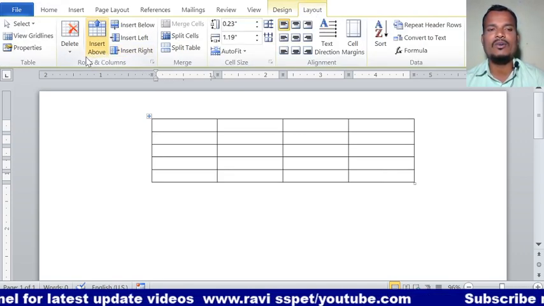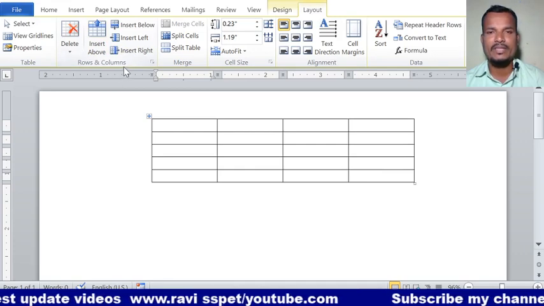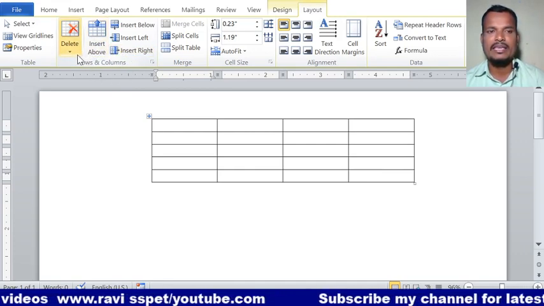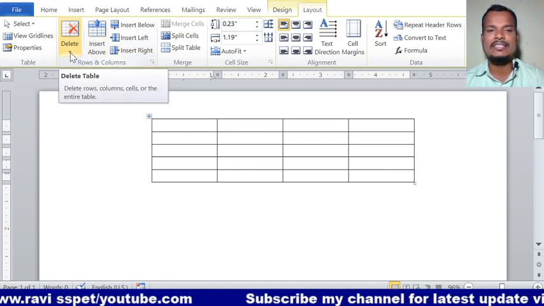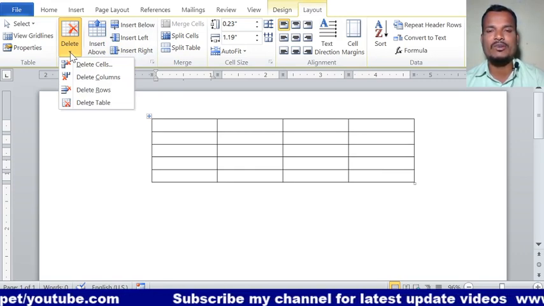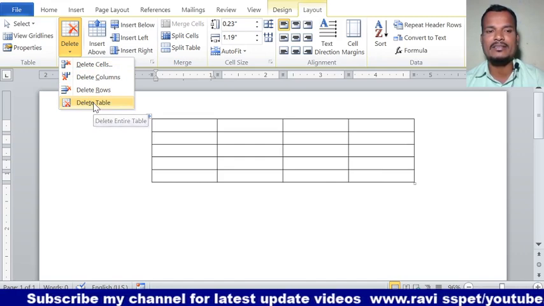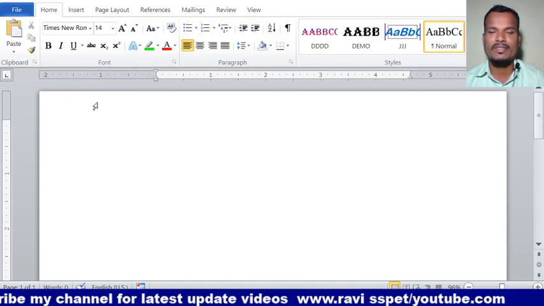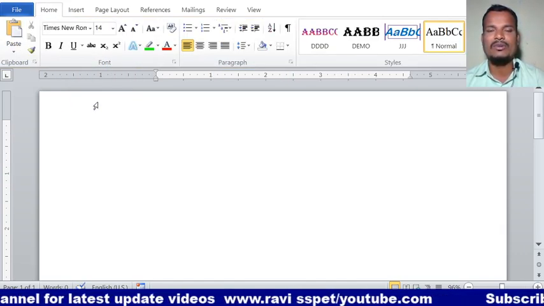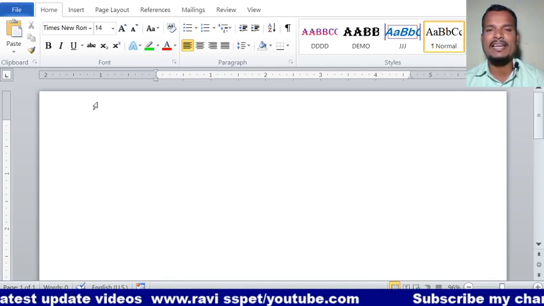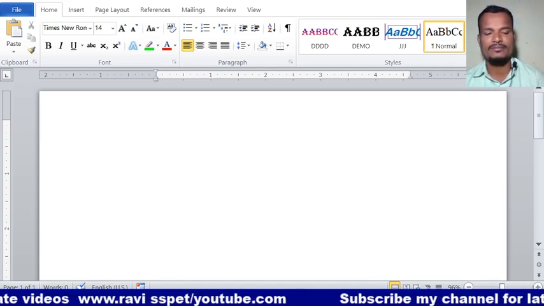In the rows and columns group, here we have the delete option. Click on this drop down arrow button. Here we have one option that is called delete table. Click on this delete table. So this is how we can delete a table in Microsoft Word.